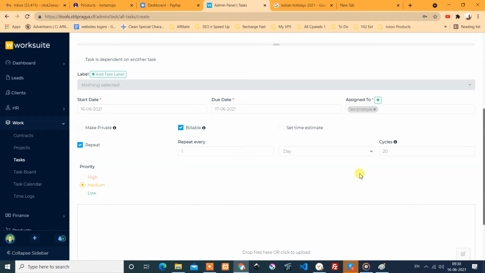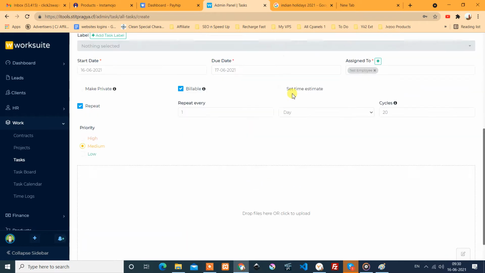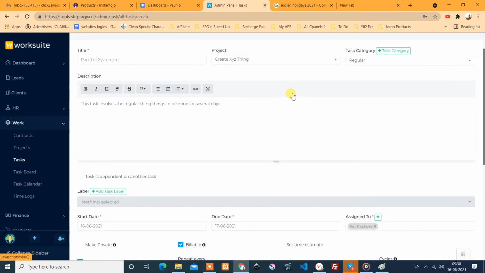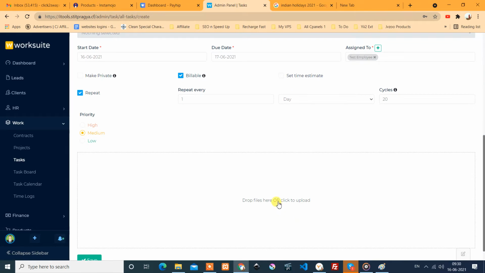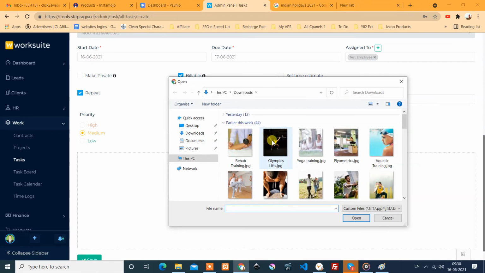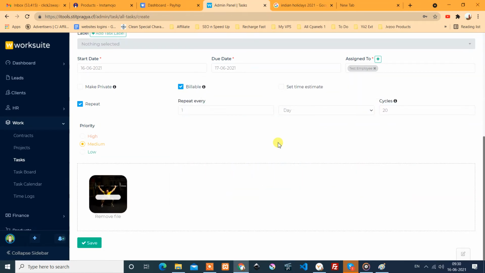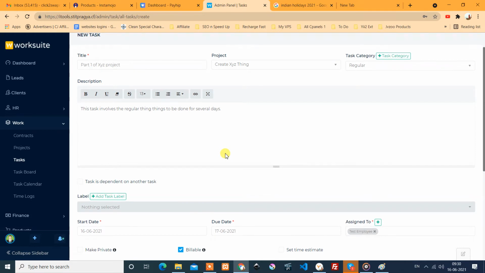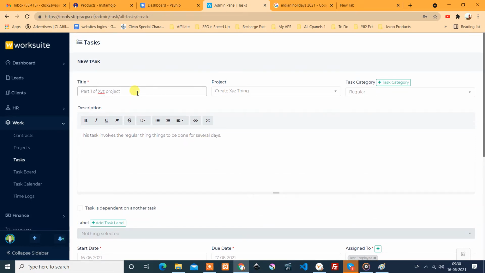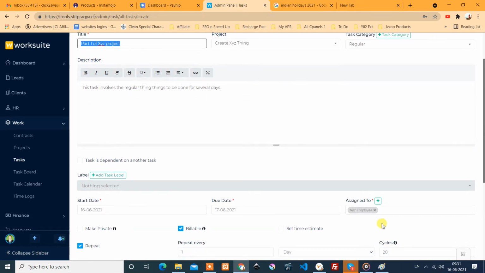Okay, and we can attach a file to the task. I click and add some. Currently I don't have those images, so I am uploading any images just for demo purposes. So this is the task name, part 1 of XYZ project, and I assign the test employee on it.